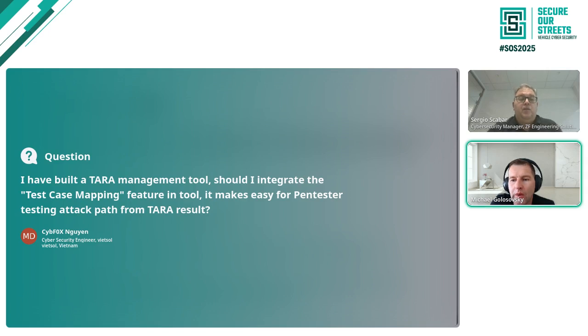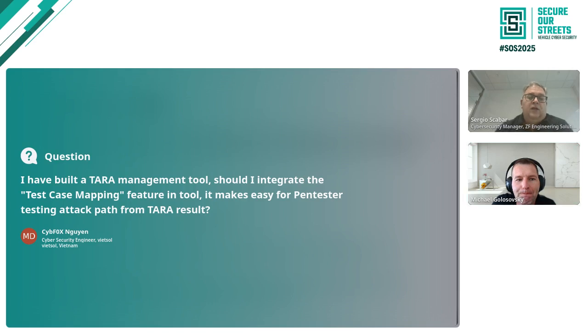And the last question we have: if I build a TARA management tool, should I integrate a test case mapping feature in the tool? It makes it easier for pen testers to test the attack path from the TARA result. I would recommend yes, creating test cases or linking test cases, or saying that this test can verify this cybersecurity goal.